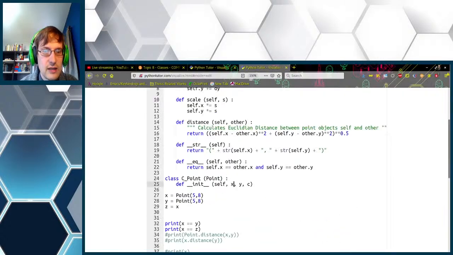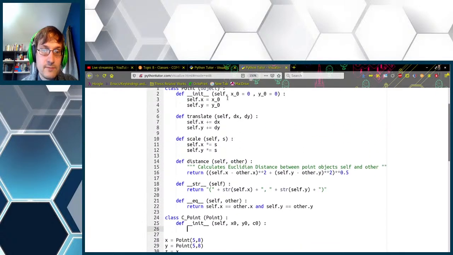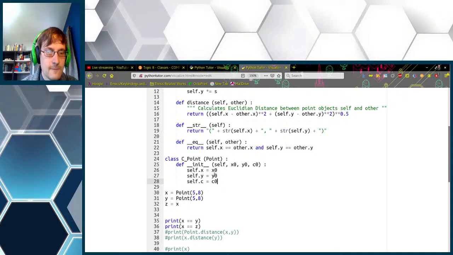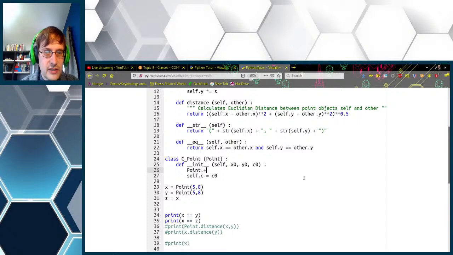Are they using it in such a way that it would generate namespace? Yeah, okay. So, we'll call it X0, Y0, and C0. And we've actually got a couple of options here. We can do things in the same manner as we did for the other class, but with the addition of the third attribute, self.c. Or another thing that you can do, which is interesting, is you can do point.init